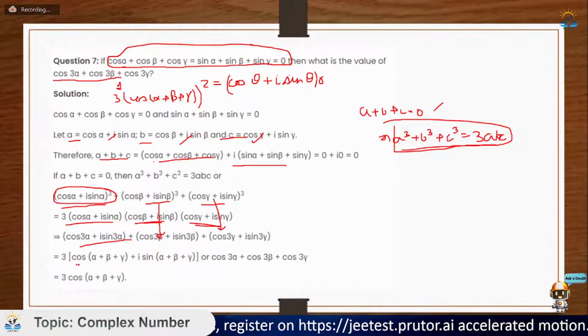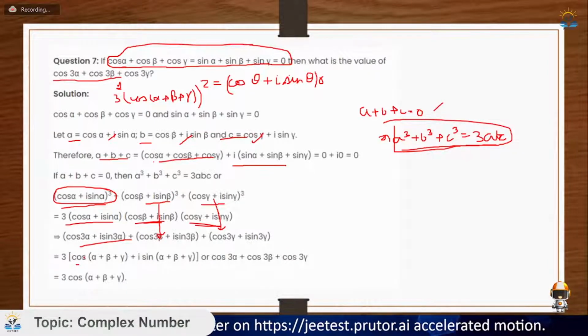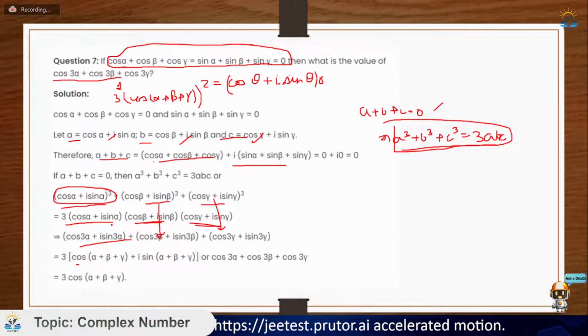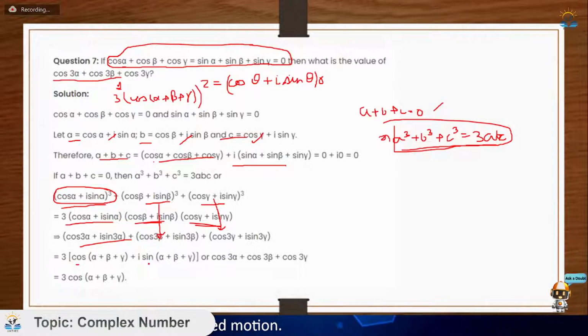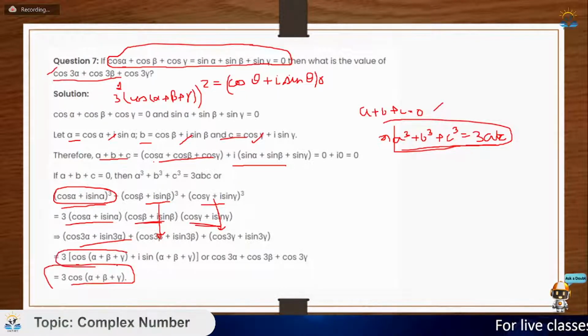और ये है मेरा 3abc वाला टर्म, 3 टाइम्स cos α + i sin α, cos β + i sin β and cos γ + i sin γ. फिर इसको मैंने क्लब कर दिया ऐसे करके, and after clubbing I got my final answer जो मुझसे पूछा गया था। So my final answer is 3 times cos of (α + β + γ), because they have asked me the real part only, and so real part is my